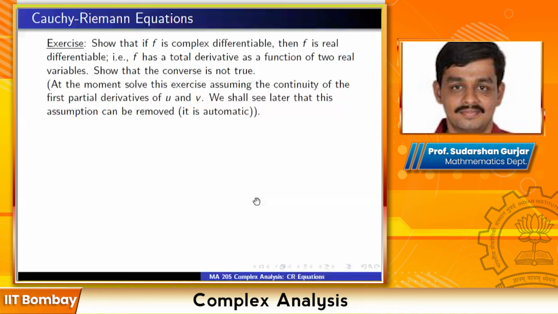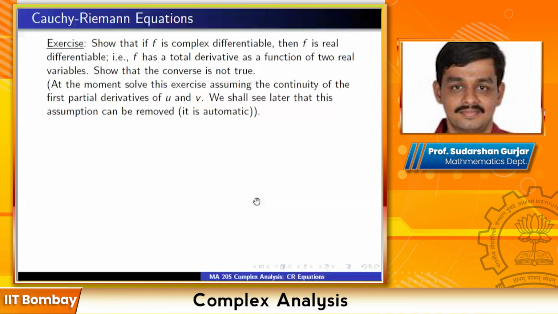Already the Cauchy-Riemann equations tell you that ux equal to vy and uy equal to minus vx are very stringent conditions on the function. And most real differentiable functions, even infinitely differentiable functions, are not going to satisfy this condition. So most functions which are differentiable in the real sense are certainly not complex differentiable. That is very clear. If you randomly take two polynomials in two variables, u of xy and v of xy, they will not satisfy Cauchy-Riemann equations. So most real differentiable functions are not complex differentiable.